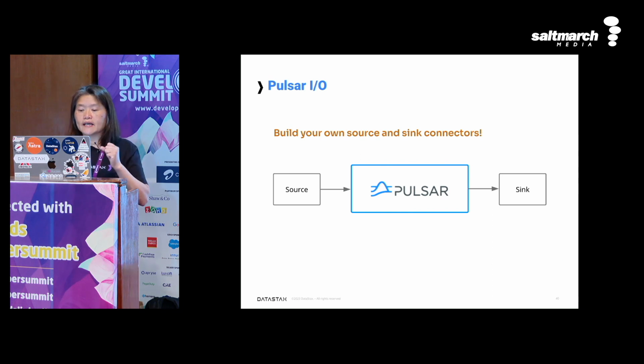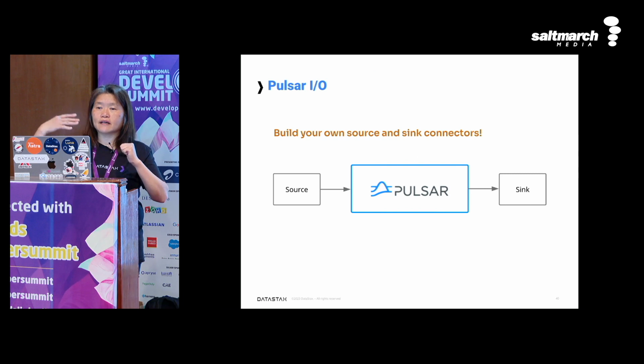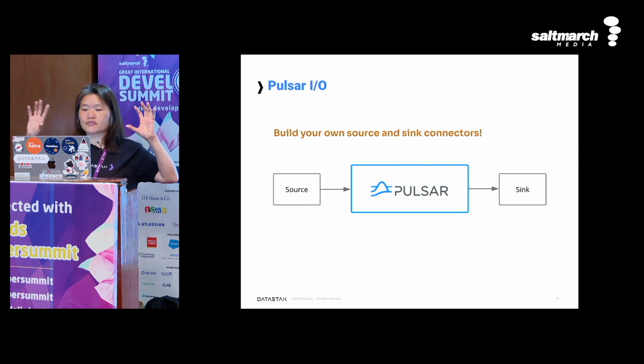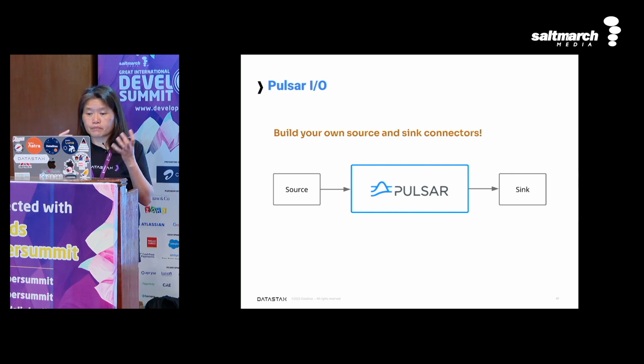With any data coming in, you use Pulsar and utilize the functions to transform or enrich your messages, then the output goes into a sink. That's the model we're using here. Right now Pulsar has over 100 pre-configured connectors, which can be sources or sinks. But let's say you want to plug something into your architecture and you can't find a pre-configured source or sink, you can write your own. Using Pulsar IO, it has a set of APIs that allows you to do it.